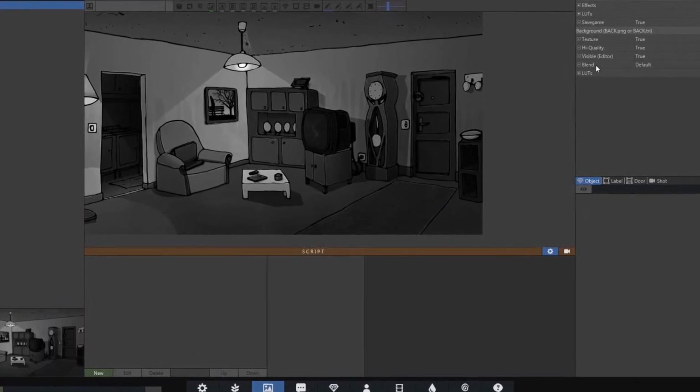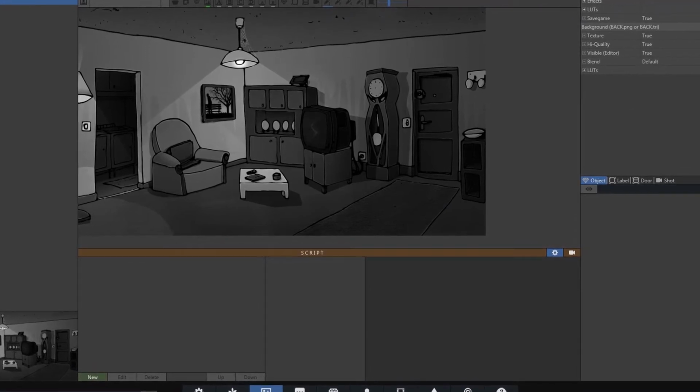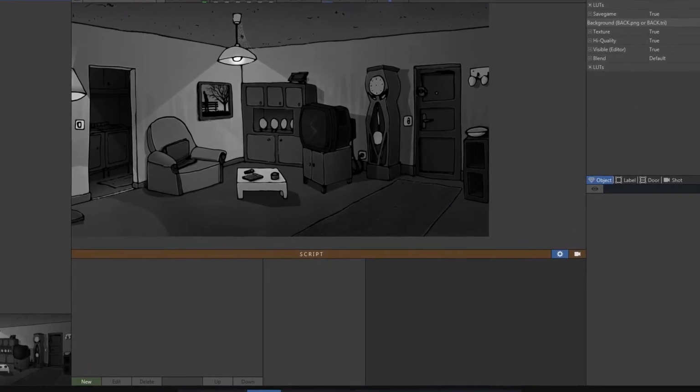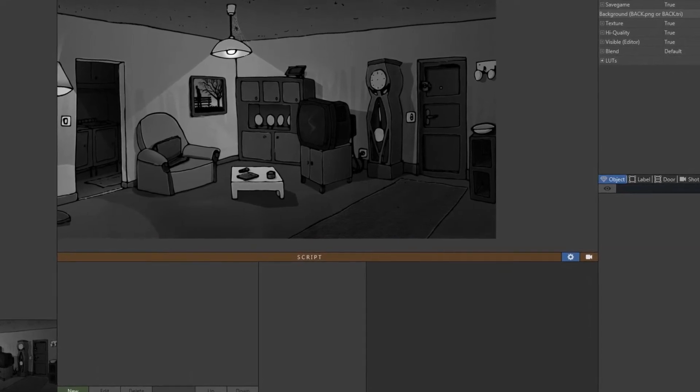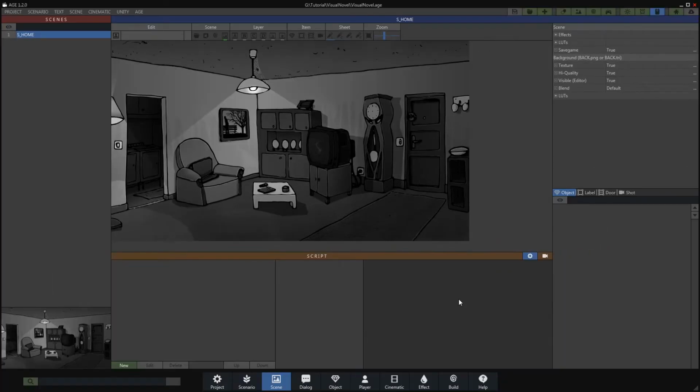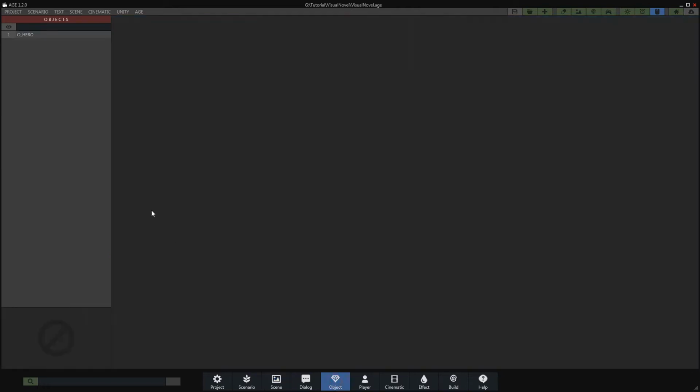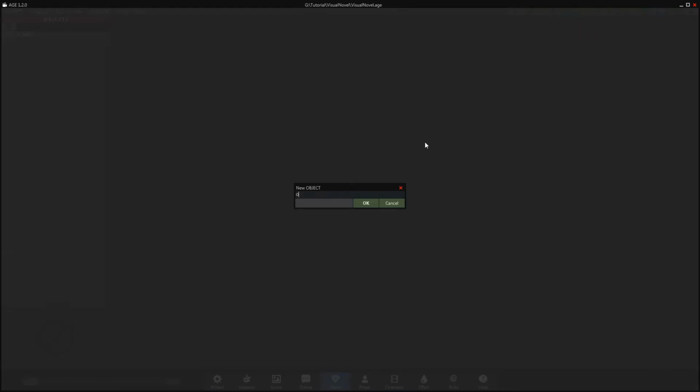Without objects, it is difficult to go further in this editor. We are therefore going to change the editor to create a character and then be able to integrate it into our scene. The order is important. Click on the object button at the bottom of the window and this time create a new object by clicking on the plus button on the main toolbar. I remind you that the term object is to be used in the broad sense. It is about the objects of the decoration, the inventory, and even the characters.